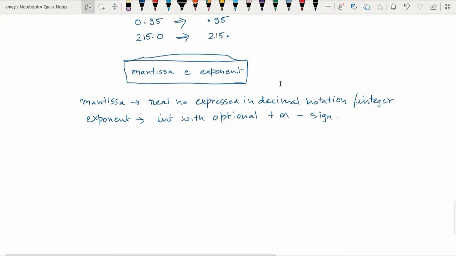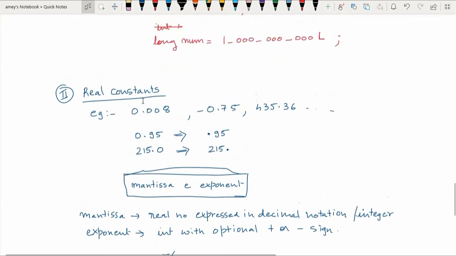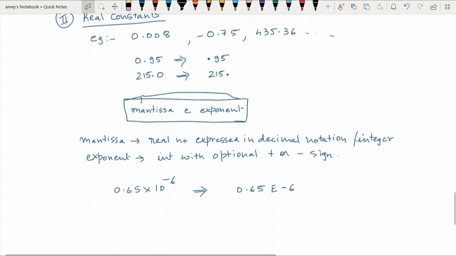For example, if I want to represent 0.65 times 10 raised to minus 6, this can be written in the format like this, 0.65, and in place of 10 raised to, I can write capital E or small e, and then the exponent is minus 6, so I can simply write minus 6. So this is the equivalent of the scientific notation, right? So this is how the real constants are there in Java.